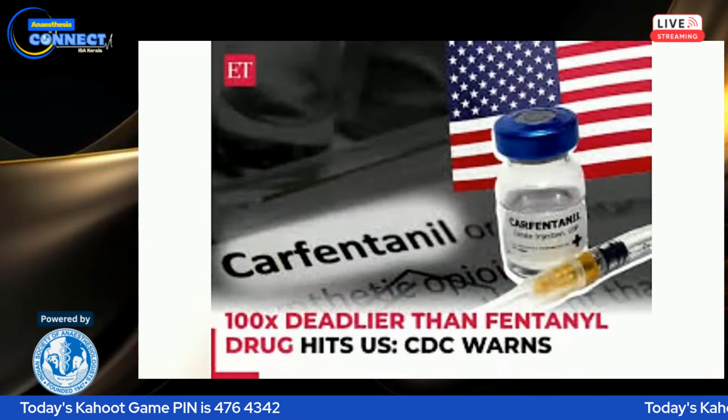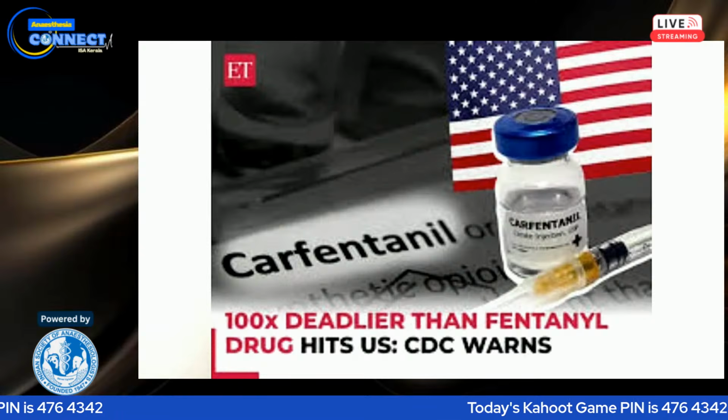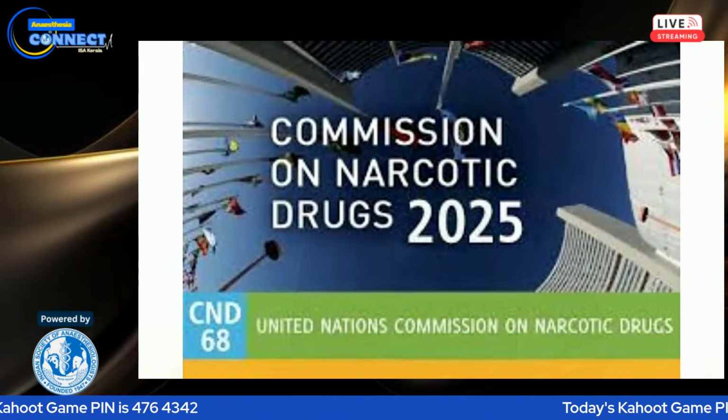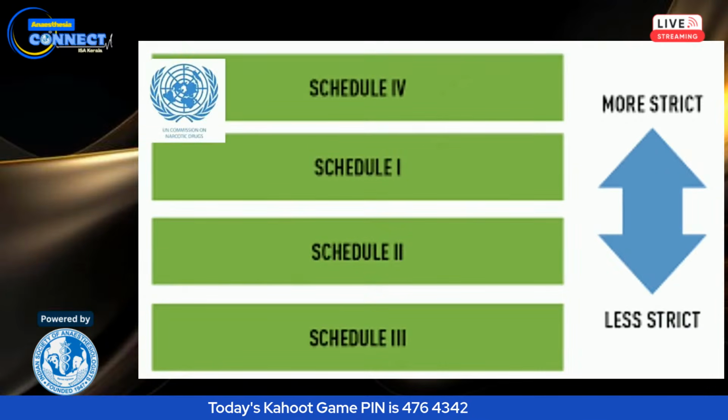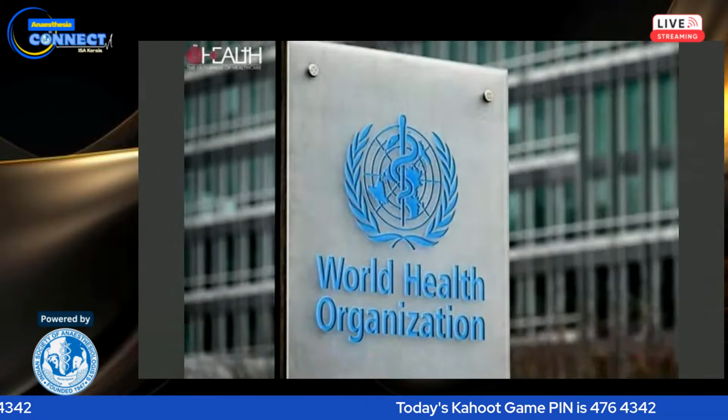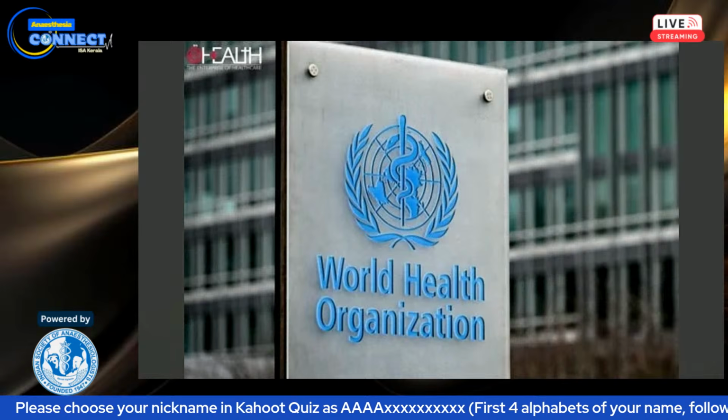As the world began to understand how dangerous carfentanil could be, international authorities moved to tighten control around its manufacture, distribution, and research. The first major step came in 2017 when the United Nations Commission on Narcotic Drugs voted to place carfentanil under Schedule 1 of the 1961 Single Convention on Narcotic Drugs. This is the UN's highest level of restriction, reserved for substances with extremely limited or no medical indication in humans, and with a high potential for harm. Agencies such as the International Narcotics Control Board and the World Health Organization now monitor fentanyl analogs closely.